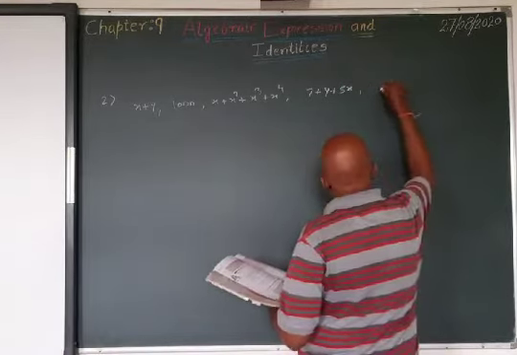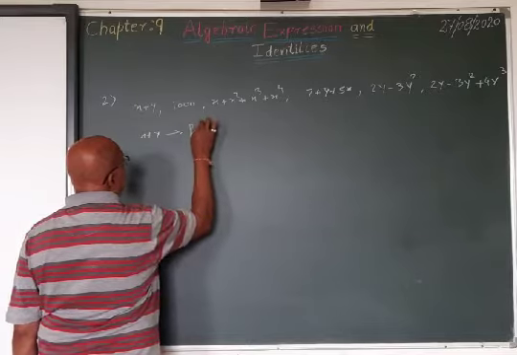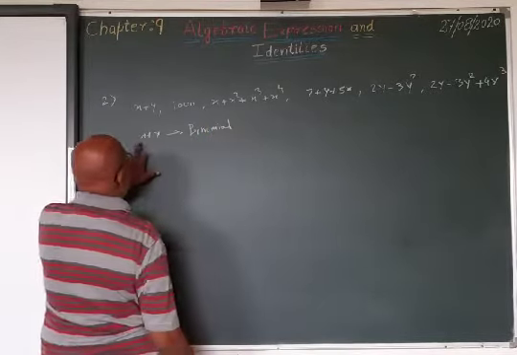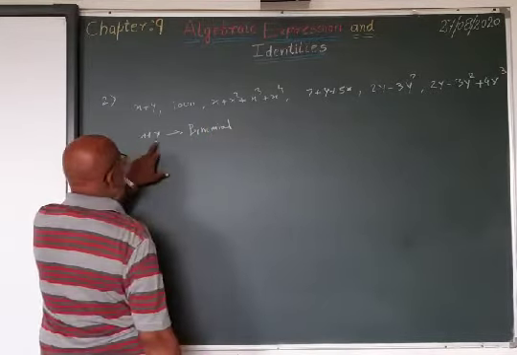Now here, picking up one by one, we can write what type of polynomial or what type of algebraic expression it is. So the first one is x plus y. We can write it as binomial. Why binomial? Because two terms are there, x and y are two different terms. 1000 will be monomial.